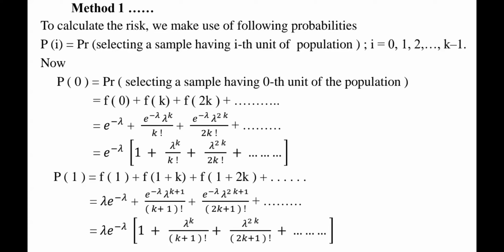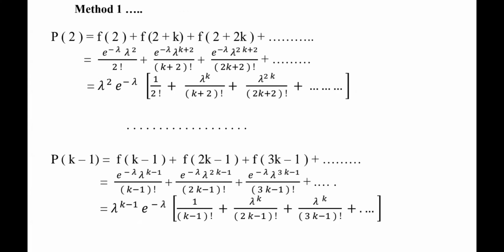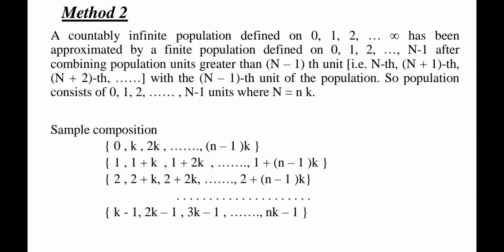Since our parent distribution is Poisson with parameter lambda, the first expression is the probability of such a sample that contains the 0th population unit, and so on. In a similar fashion, we can find the probability that the sample contains population unit 1, population unit 2, and finally population unit k minus 1. These probabilities are all for our